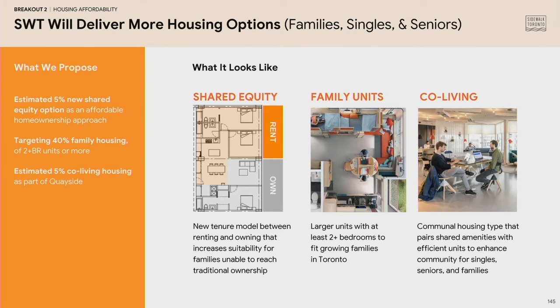We see this as an important step toward home ownership, and it would be considered an affordable home ownership option in this case. Importantly, with details to be worked out, it also helps us ensure long-term affordability of the units. Next, we've made a commitment to family units, which we define as 2 bedrooms or more, because we know, as seen from those maps, it's hard for families to stay in the city, particularly when the stock is smaller condo units.